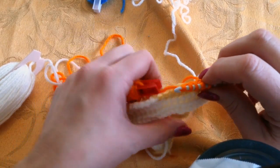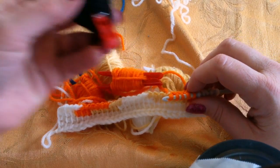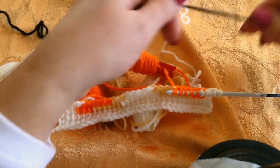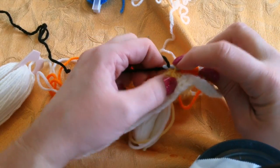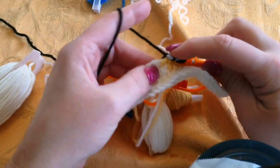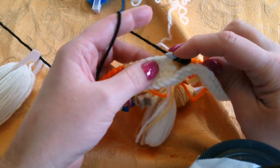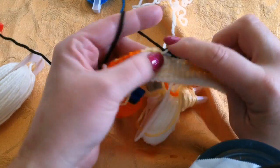big long tail. Now I'm going to be adding black, and there's going to be 12 of them. So here, now I have my black bobbin. Okay, and I'm going to take off a bit because it's 12 stitches and a tail. So I like to leave a good sized tail. I'm going to pick up, pull it through. That's 1. And here's 2, 3, 4, 5, 6, 7, 8,